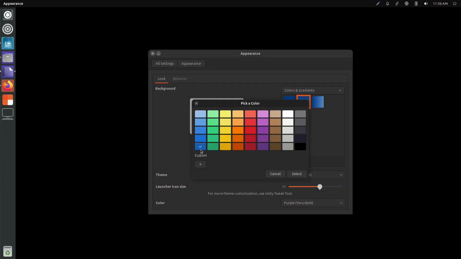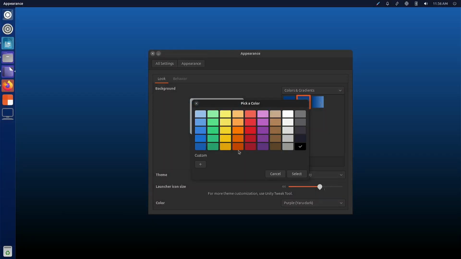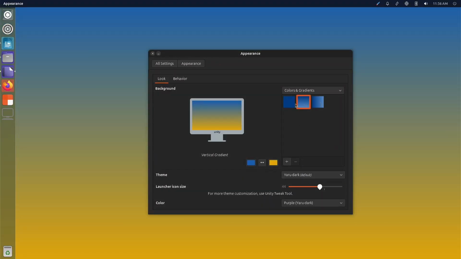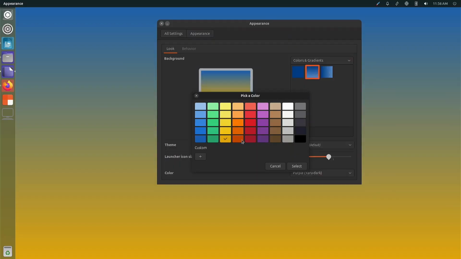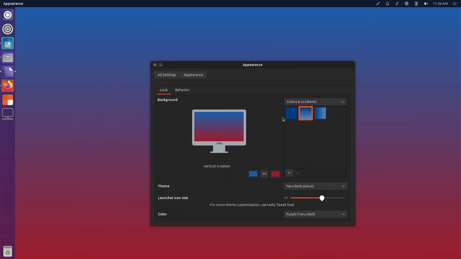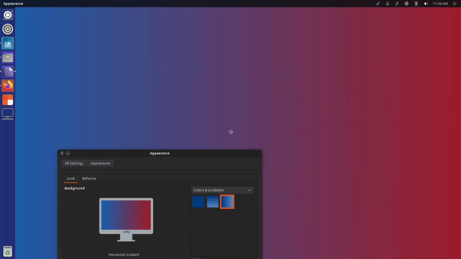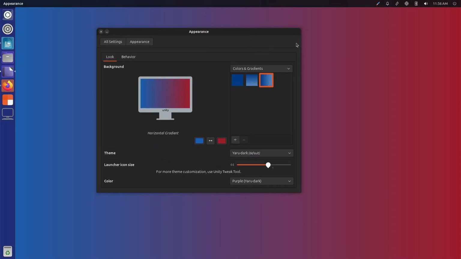Let's do this blue to this yellow. Oh, that's hideous. Ew. Gross. What about this? Oh, that's much nicer. And we can also do it like this. And we can swap them. Okay, cool.